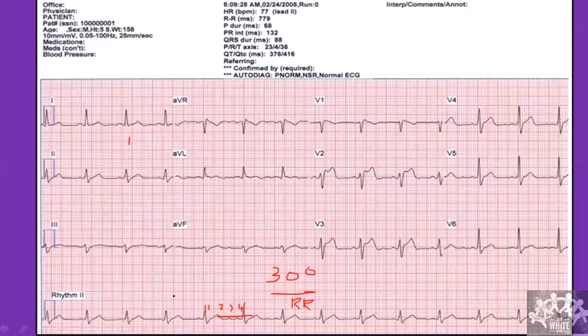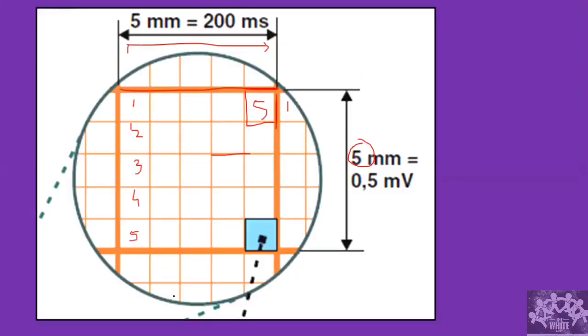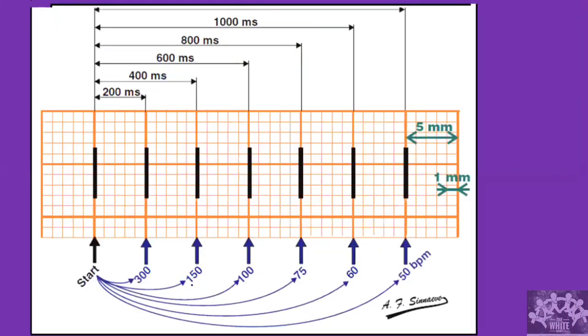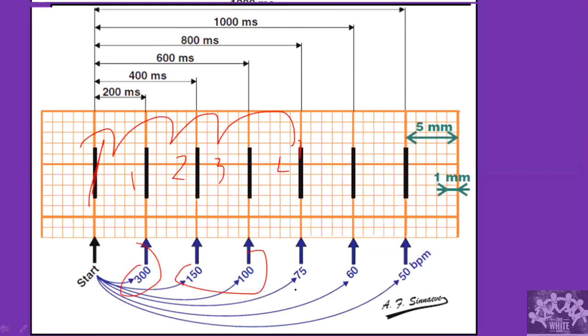So that is what I meant by showing this. You see this one. If the QRS is here, and we got 4 small boxes, right? 1, 2, 3, and 4. So the QRS was here, we had to cross 1, 2, 3, and 4, and we used the formula and calculated. But if you remember these values, 300, 150, 100, 75, 60, and 50, this much is sufficient.